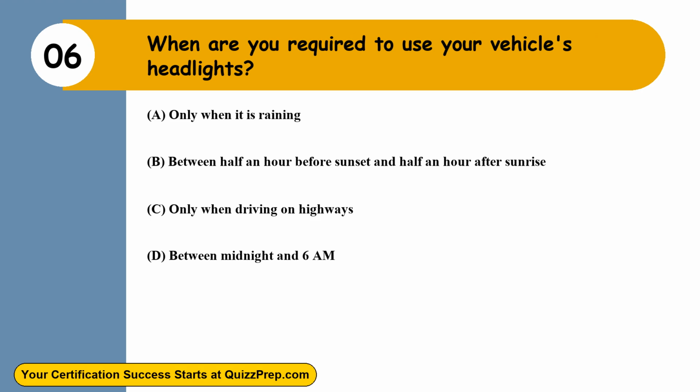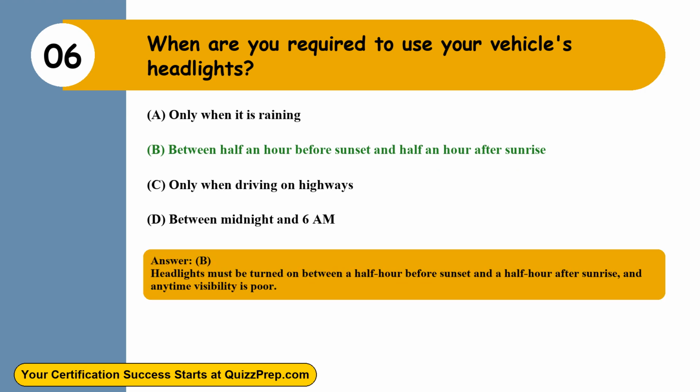Option A. Only when it is raining. Option B. Between half an hour before sunset and half an hour after sunrise. Option C. Only when driving on highways. Option D. Between midnight and 6 a.m. The correct answer is option B. Between half an hour before sunset and half an hour after sunrise. Headlights must be turned on between a half hour before sunset and a half hour after sunrise, and anytime visibility